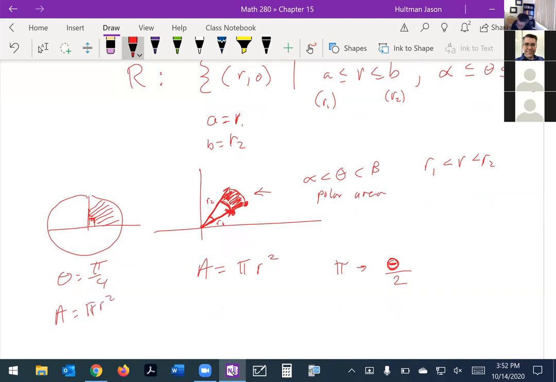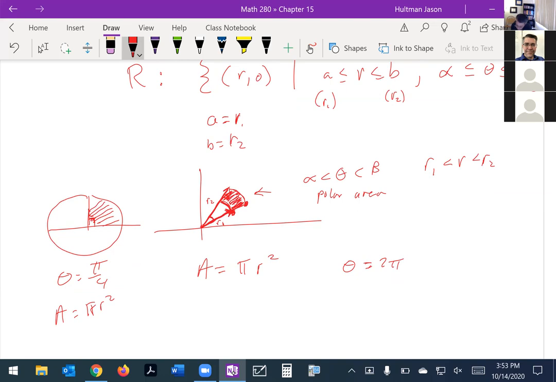Pi r squared. But I want the sector of this, right? I want the sector based on theta. Well, theta for the whole circle, theta is 2 pi, right? So the whole circle theta is 2 pi. So I could really say that this